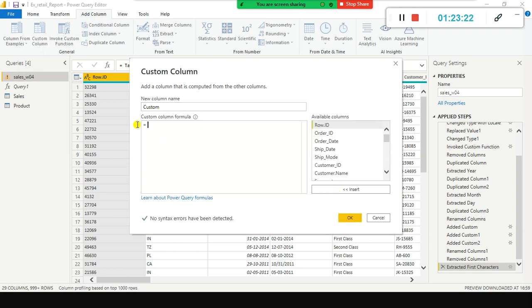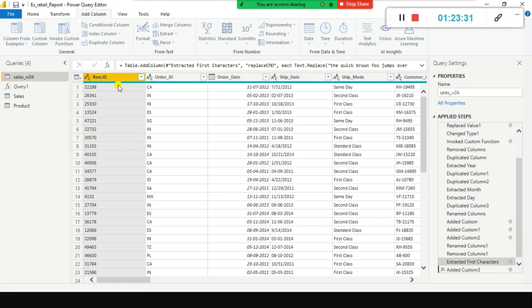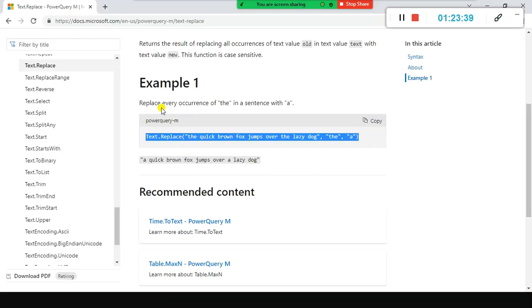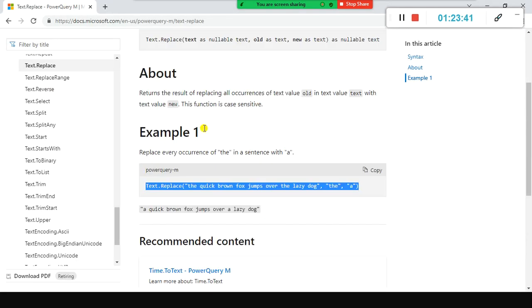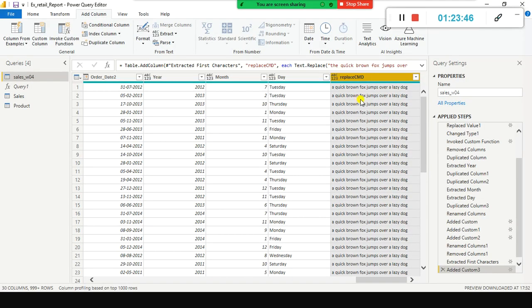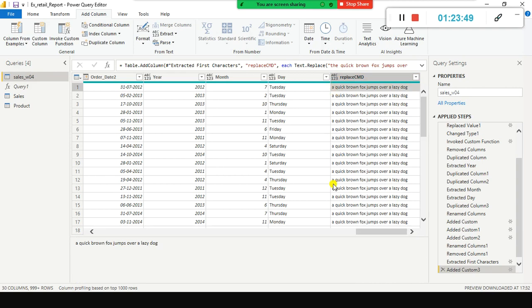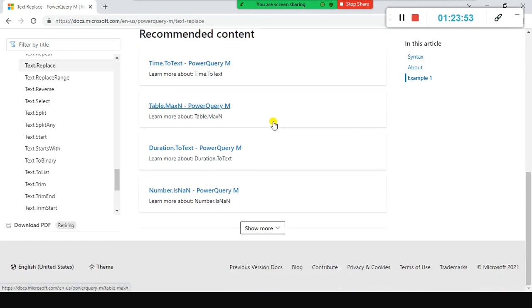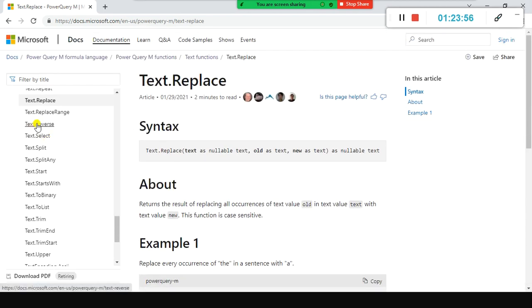In this case you need to copy paste it, here the replace. Look here, you got it, right? Create a new custom column. Try all possible combinations, try everything. Look here, this is the text, the quick brown, but it replaced the D by A. See, the first letter is A. Likewise, keep trying everything. I just showed you this one also, but don't take it for granted.